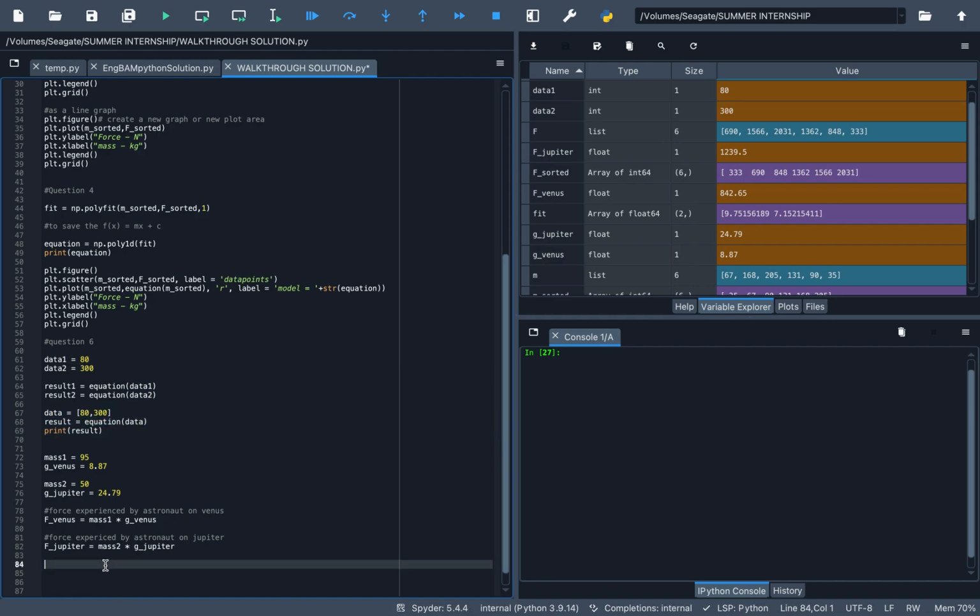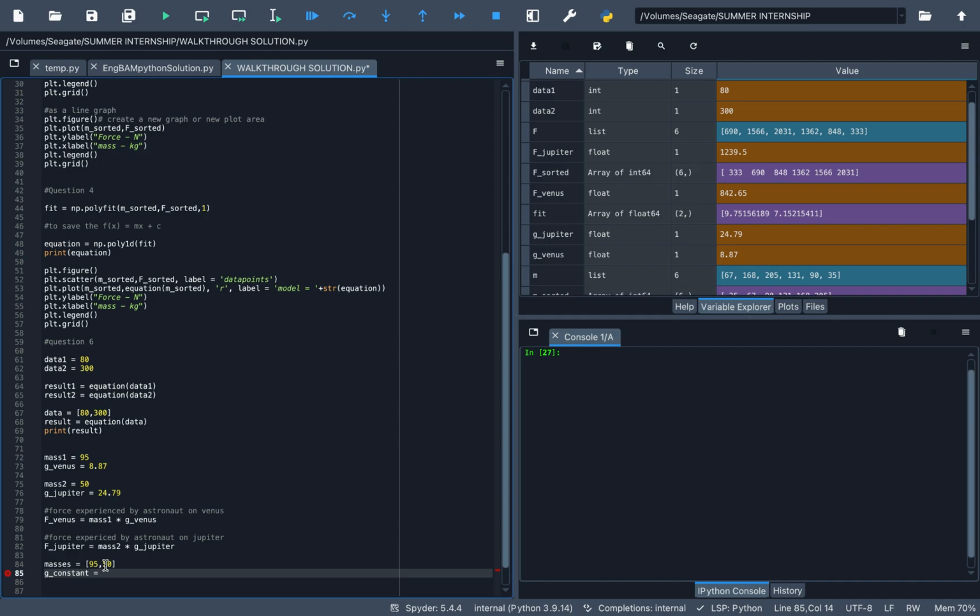We can just say masses equals, then we put that in brackets. We can do it in any order as long as we know what stuff means. So in this case, we can say masses is 95 and 50, and we can say gravitational constant